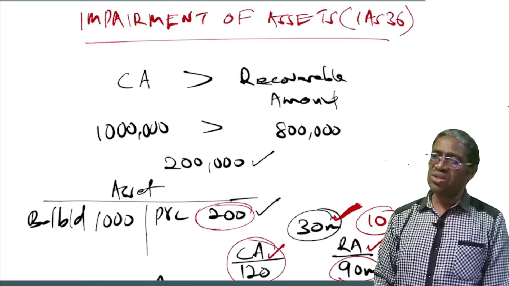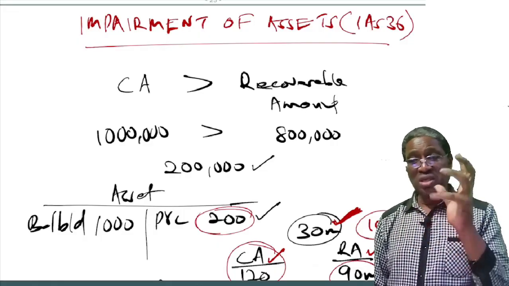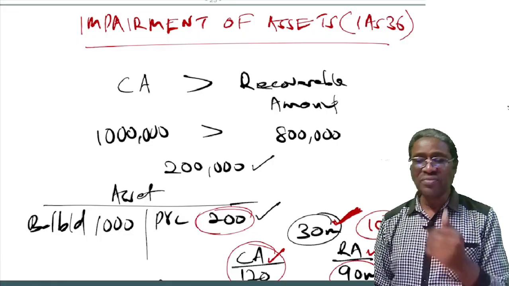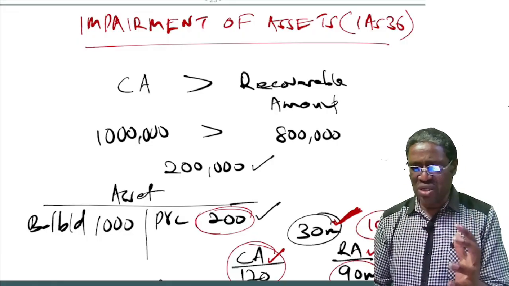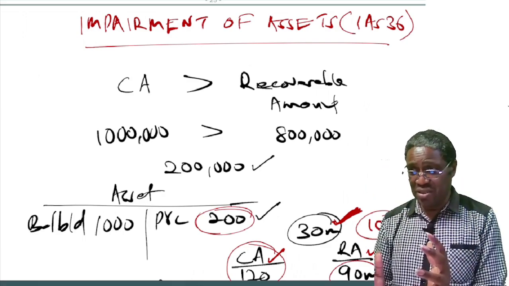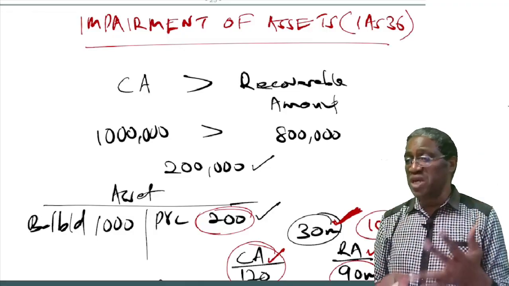Some of your questions come with a case where the asset had no revaluation reserve. Are you there? I hope we are together up to there now. So that's how we test impairment of an asset, and that's how we write off the impairment. It could be a plain asset which has no revaluation gain, or it could be an asset which has a